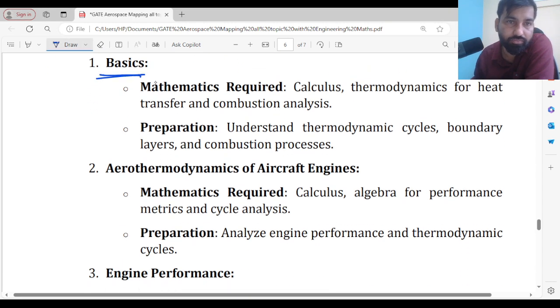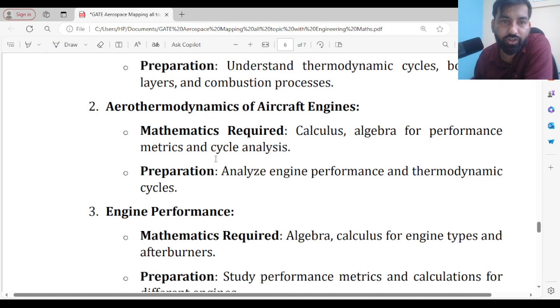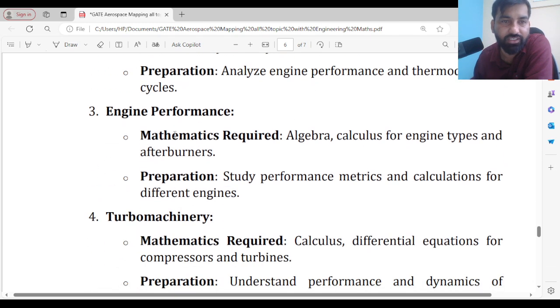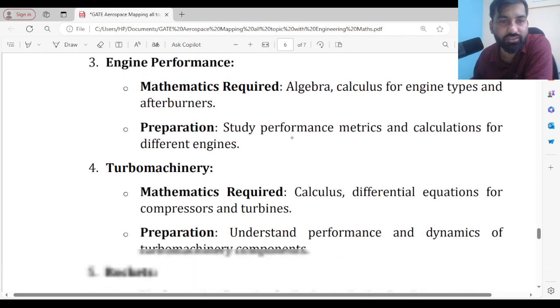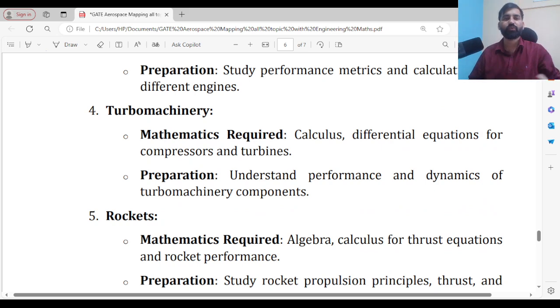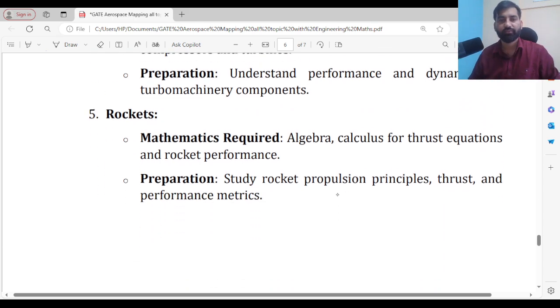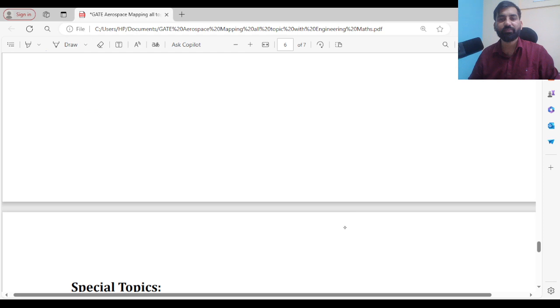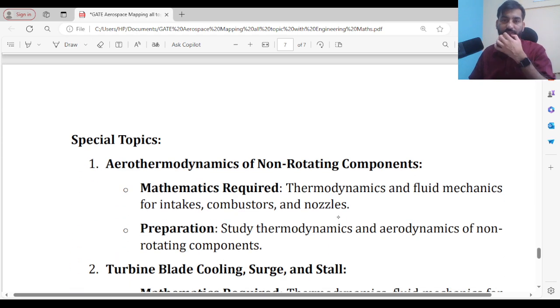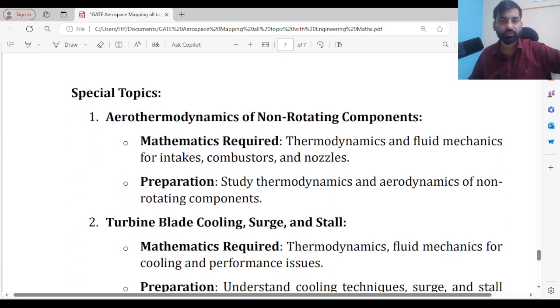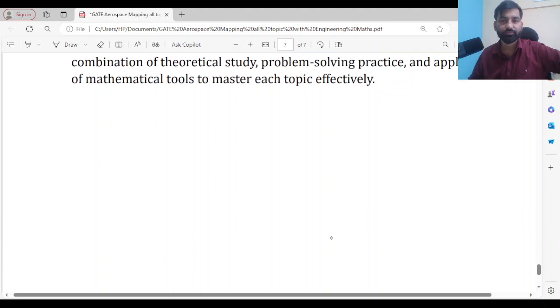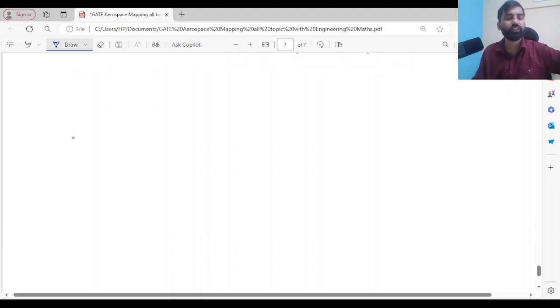So the mathematics required is calculus, all these things. In aerodynamics, look, calculus and algebra. In engine performance, algebra and calculus. Almost everywhere, differential equation. Okay, so what is my conclusion now? The conclusion that I'm going to give you is the conclusion. See, the conclusion is